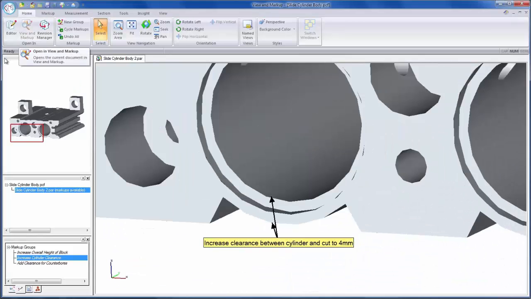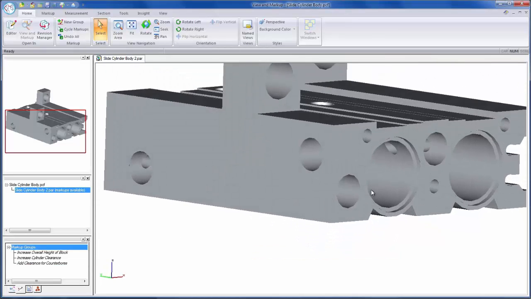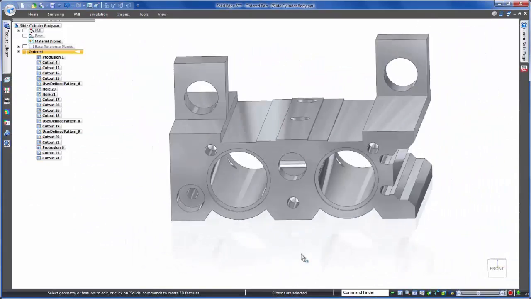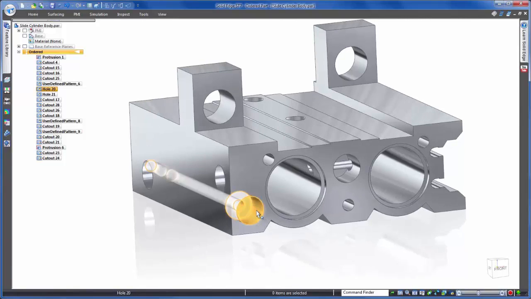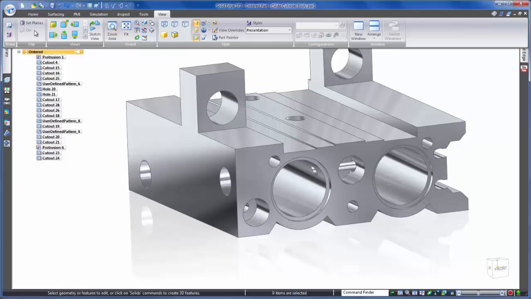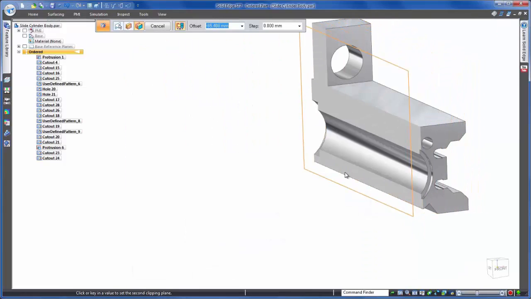Now let's take a look at our final revision. We need to fix an issue we've been seeing from our new manufacturer while drilling these counterbore holes. We need to add a bit more clearance between the counterbores in order to not have any blow-through while drilling. For proper positioning in relation to the slide cylinders, we need to move both holes 1 millimeter in opposite directions of one another. In order to get a better idea of what we're working with, we're going to create a